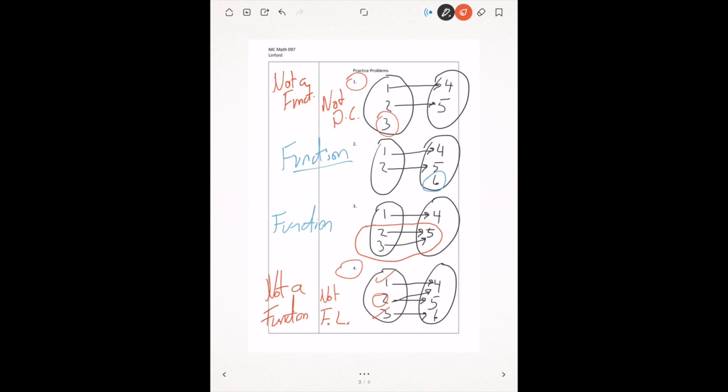All because the domain value went to multiple range values. We were allowed to have a single range value for multiple domains. That's not what function-like said, so that's why we were allowed to have this. This is what we couldn't have, where a single domain gives you 2 range values. Hopefully now you're seeing how this definition is playing out and how we have to be very careful